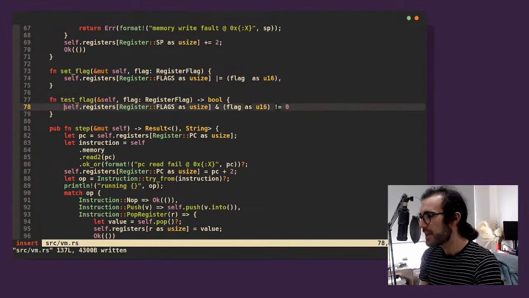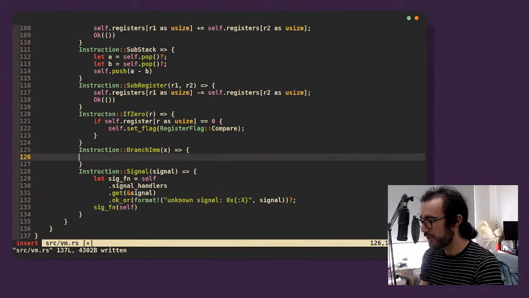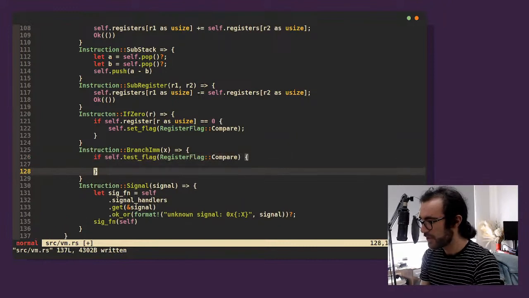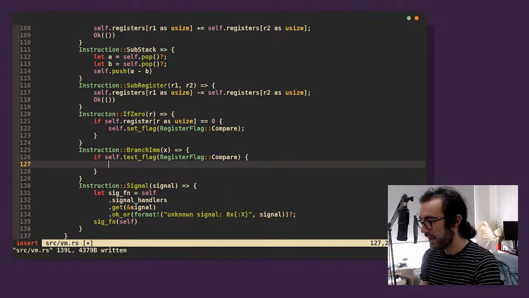Right? So we're just saying, is this bit set in these flags, but we're doing it in a nice interface where when we're actually writing our code, we don't have to think about what these individual bits are. So test flag. So if this bit's set, self dot